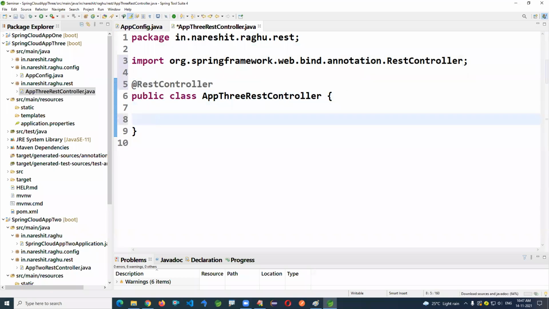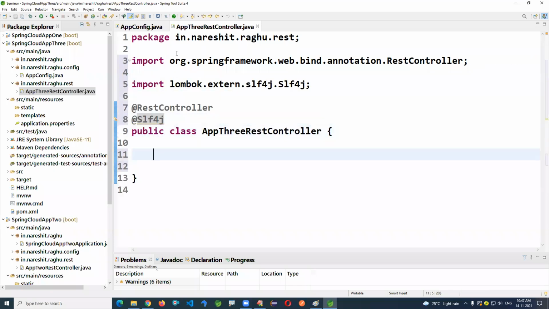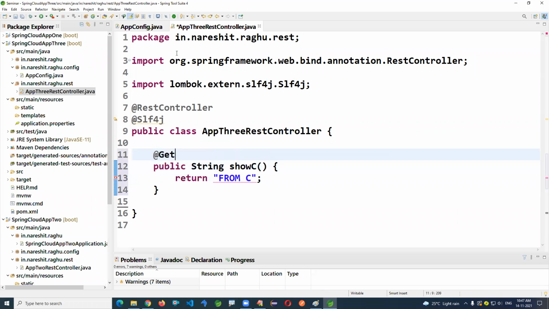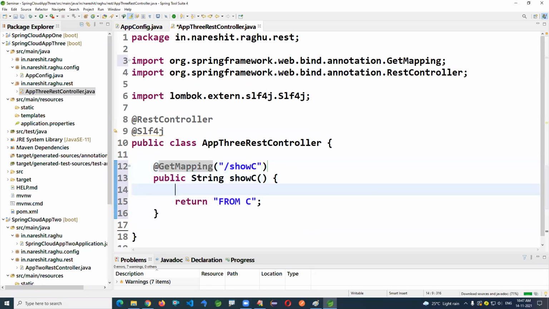Now creating the logger object here. Now I'm just printing some simple message here. Show C. Just printing the log lines.